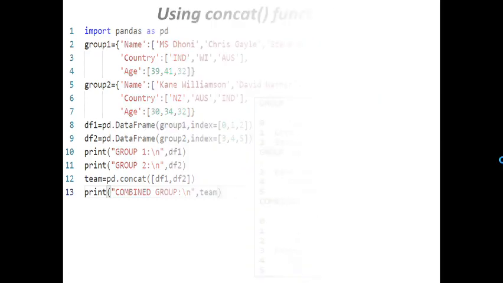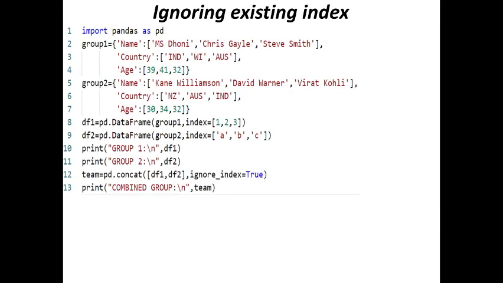We can also concat data frames ignoring the existing index. To ignore the existing index, we need to pass a parameter and that parameter name is ignore_index, and we need to pass True as its value, right? Here we have a dictionary named group 1.